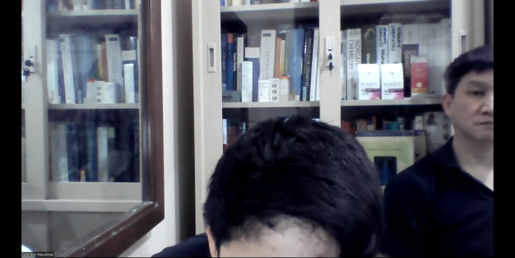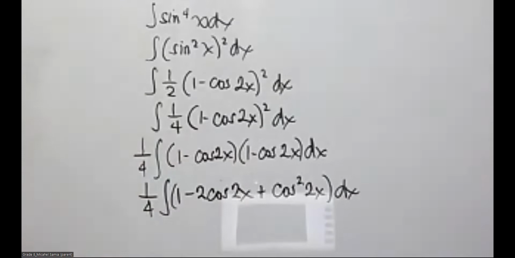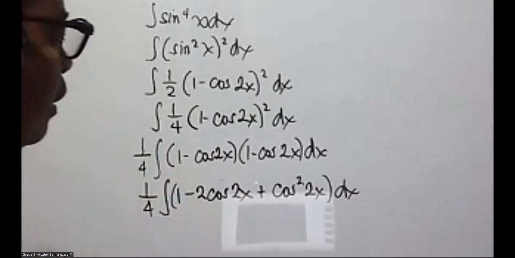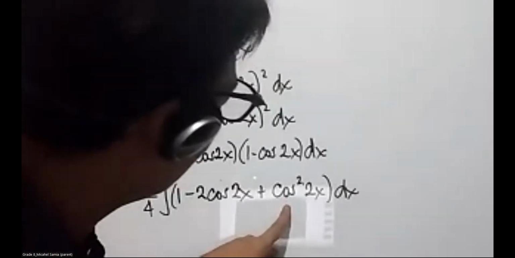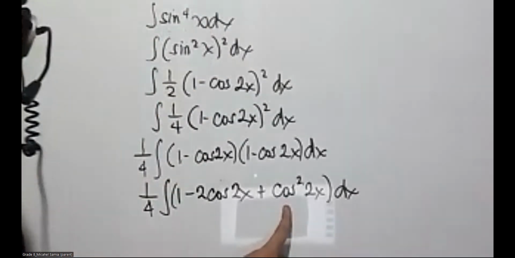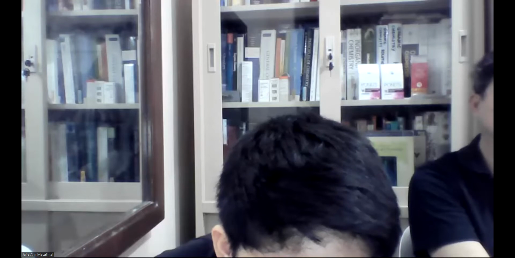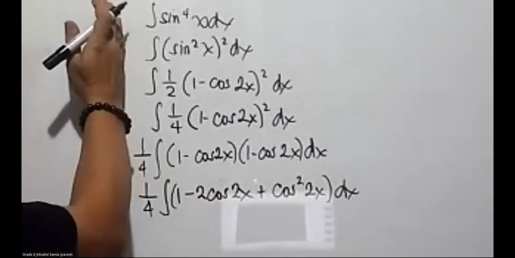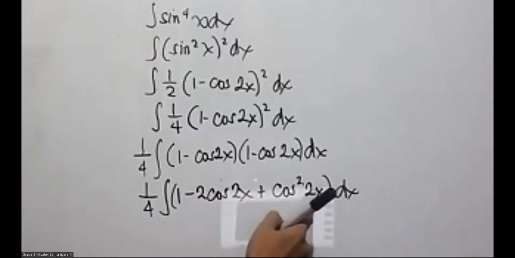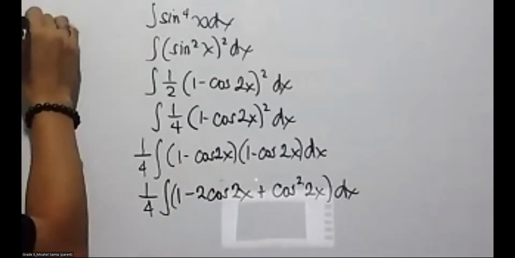Okay, so in this solution, we could still see that cosine squared 2x can still be transformed, or we can still use the reduction formula in this cosine. Now, I'll be writing it here on this side. Doc, okay ba dito? Can you still see it here? Yes. Okay. So the formula for cosine is 1/2 multiplied by,